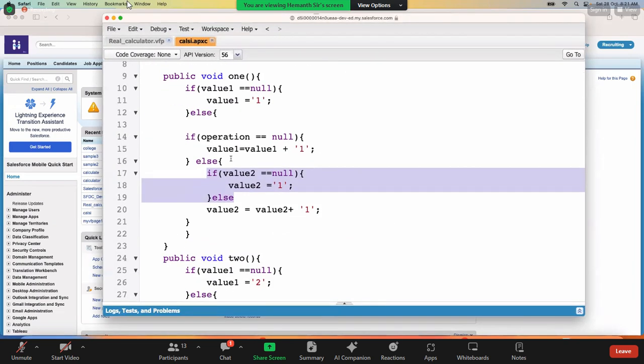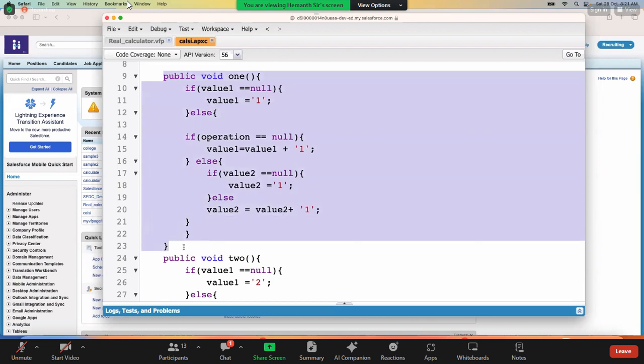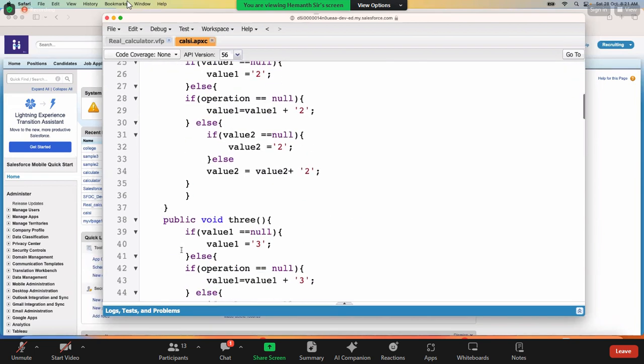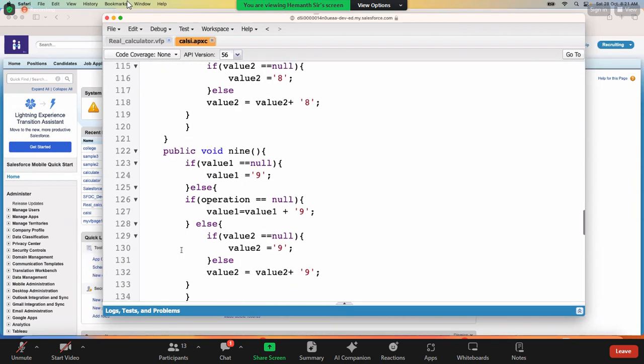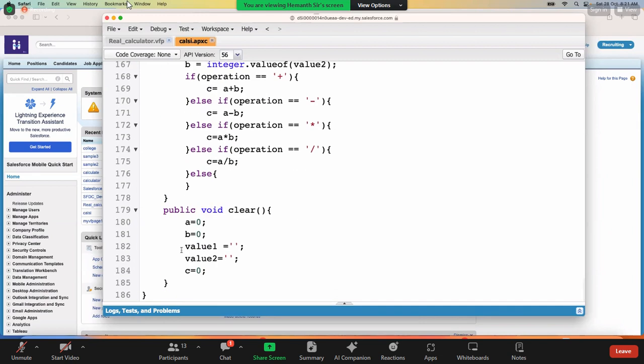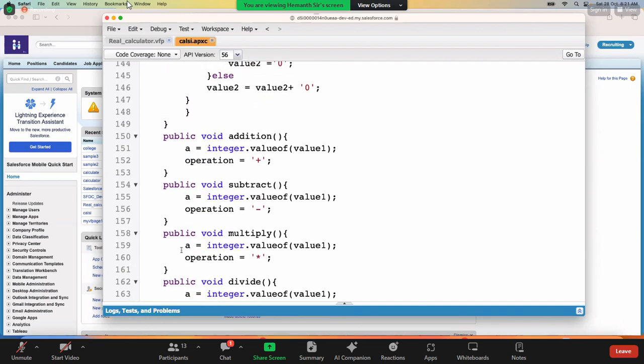Okay. So I am adding like this. Okay. So here, when you click on any number, you will add like this until you click on equal to. Okay. So in method one, this is what I have written. Similarly, I have written for method 2, method 3, method 4, for all the numbers. After this, what I have done,